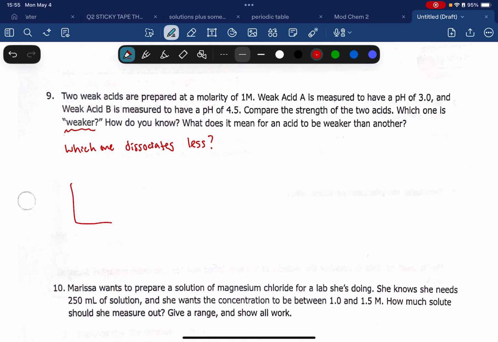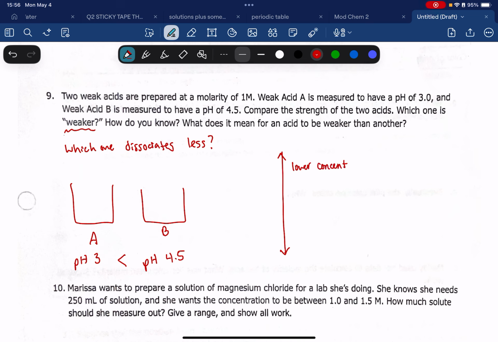If weak acid A has a pH of 3 and weak acid B has a pH of 4.5, we know that B has a higher pH, obviously. And we also know from just understanding the pH scale that the higher we are on the pH scale, the lower the concentration of hydrogen ions. That's up at 14. Down closer to 0, we know that that's going to be a higher concentration